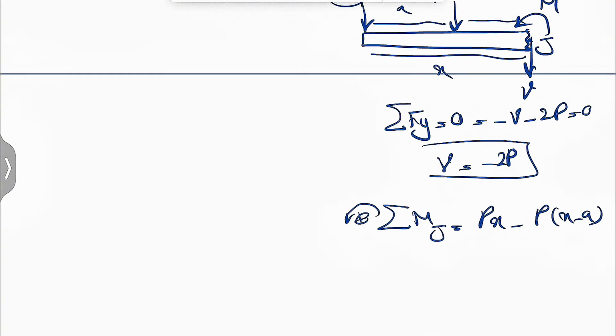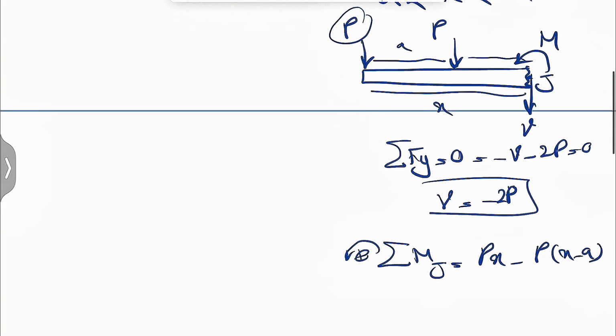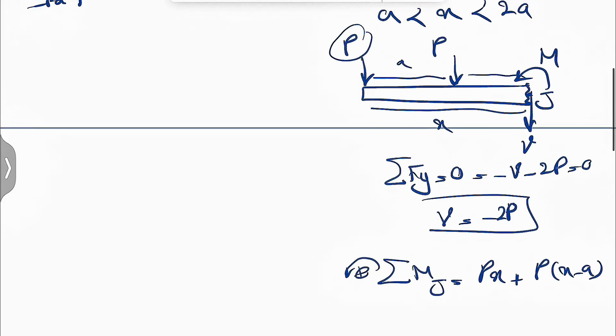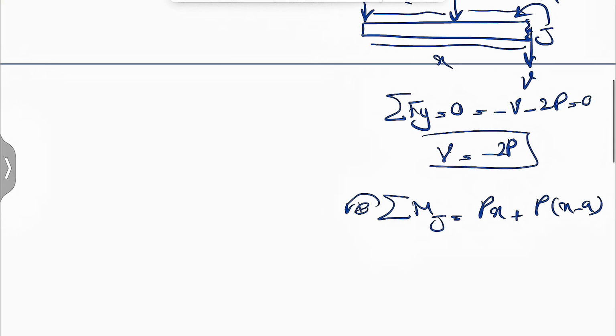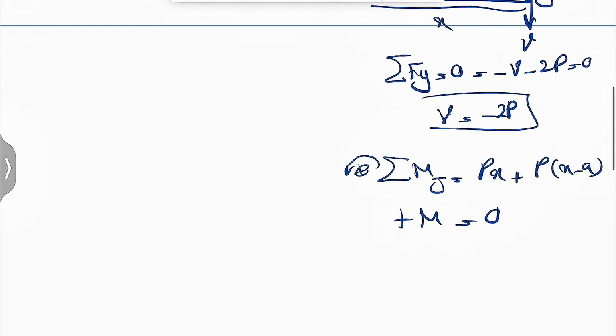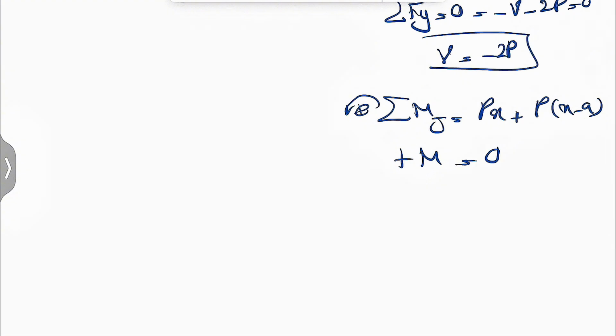I don't know why I put a negative sign in here. This has to be positive because they are both making counterclockwise moments. So plus M equals 0, so we're going to have Px plus Px, and so our M would be negative 2Px